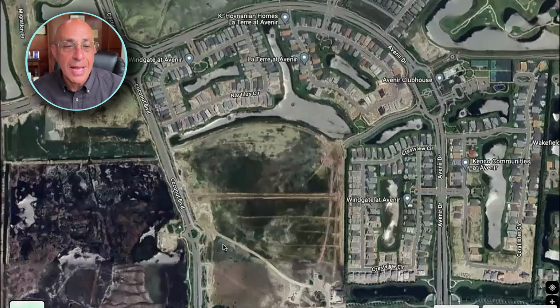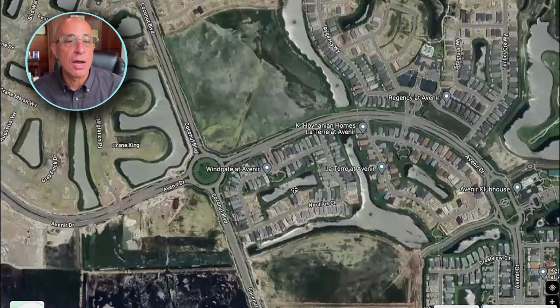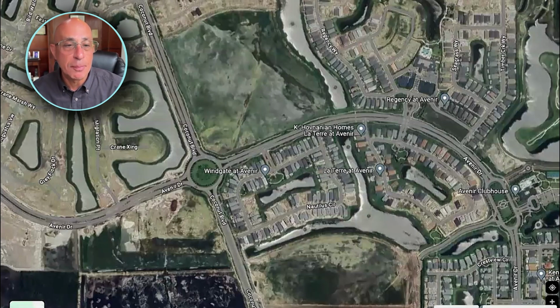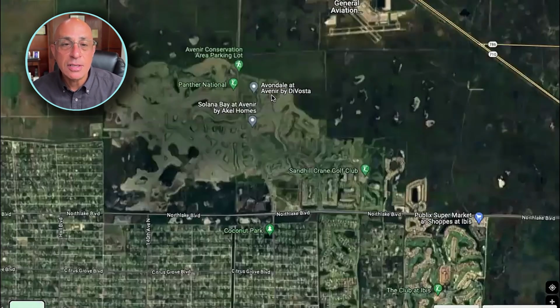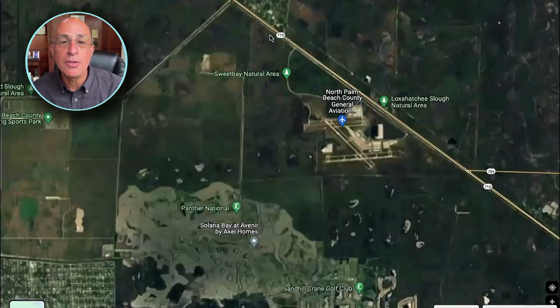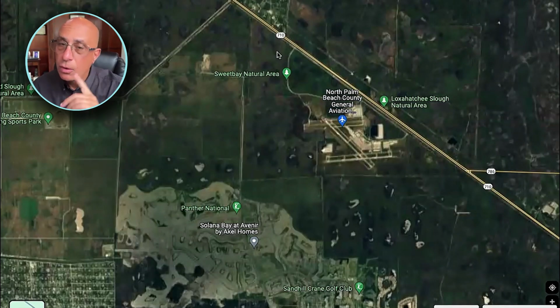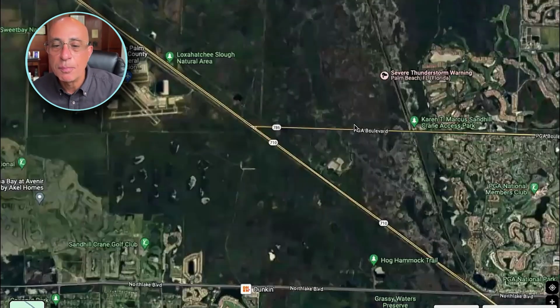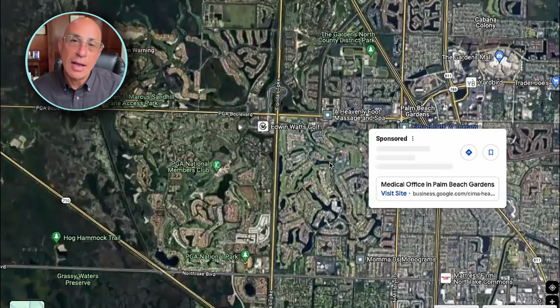This is going to be the best avenue for some of the communities, such as Apex at Avenir. This is going to be their main entrance. But more importantly, this is for the whole community. This is going to be extended up into Beeline Highway, which is Road 711, 710 rather. No one calls it that. And then it's going to go into PGA Boulevard, which is really going to be the best way into downtown